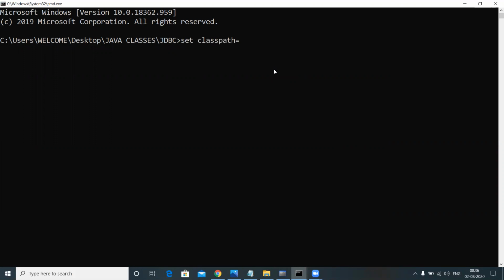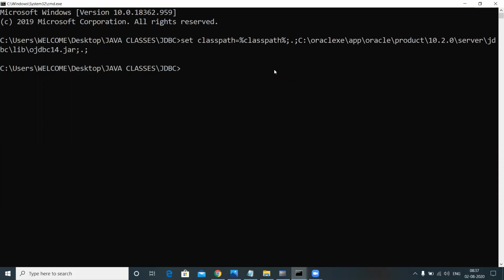Set classpath equal to %classpath%;.; and let me paste it here, and ojdbc14.jar, right? Class path is set. Now I need to compile my program, javac JDBCExample1.java. Now I compiled it successfully. Now I'm going to run the code, java JDBCExample1.